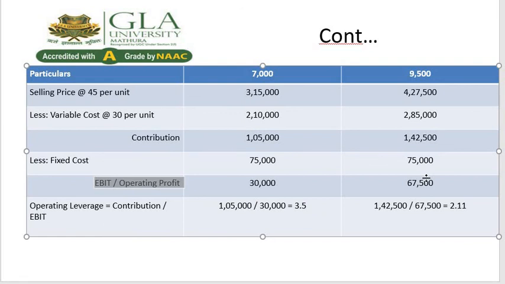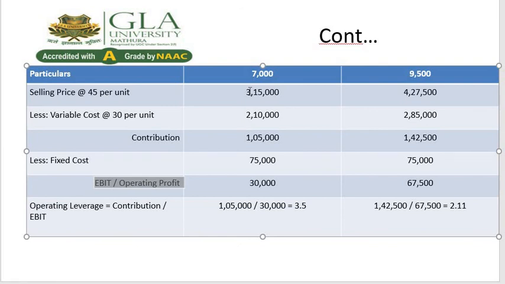If we interpret both situations, 7,000 units or 9,500 units, our operating leverage in case of 7,000 is high, so we can say that if we do our production in 7,000 units, it is much riskier compared to 9,500. The reason is, if your sales quantity goes down,